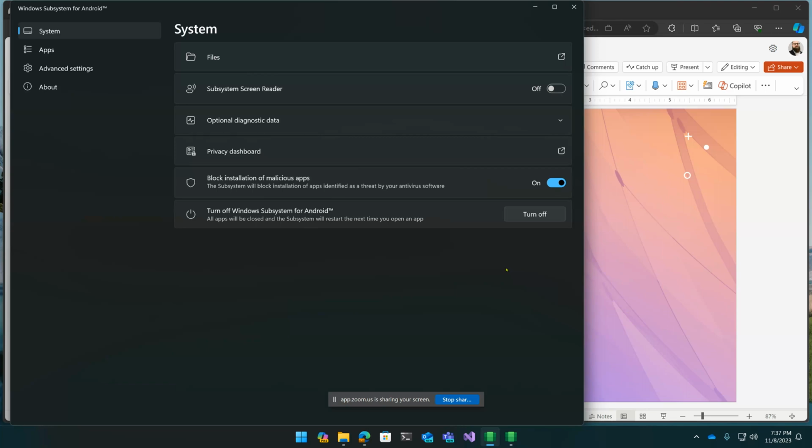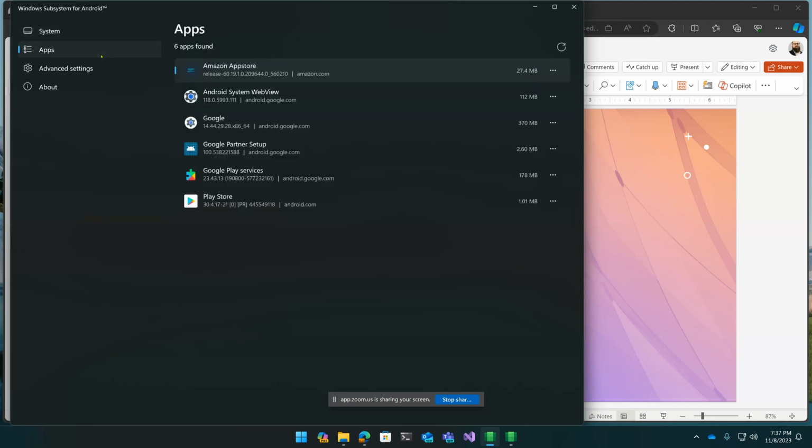So I saw you sideloaded the Play Store there. Do the Google Play services and all that kind of stuff, does that work? Sure does. Absolutely. As I mentioned, if you do a little bit of internet searching, there are a number of GitHub repos that feature a build of Windows Subsystem for Android with or without the app store, and whether or not you want Magisk or SuperSU, whatever sort of root utility you want on there.